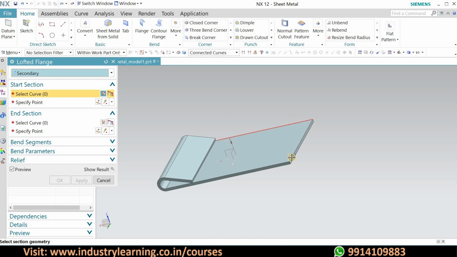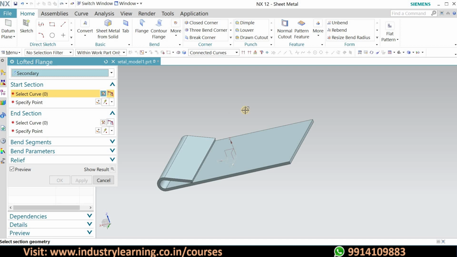This means any type of sheet or further extension that starts from here will have two different directions, like this corner may go inside or this corner may go outside at some angle. So this is the base type. We'll explain this first, and the next type of lofted flange that I will explain is the one that has to be created between two planes. Here we will create one plane, and the second, parallel plane will be created, and we will see how that functions.